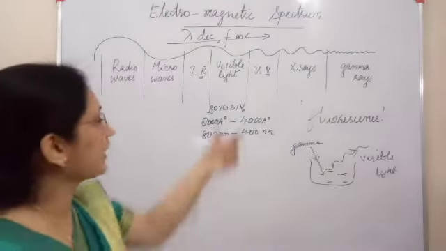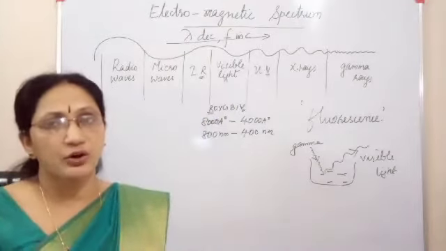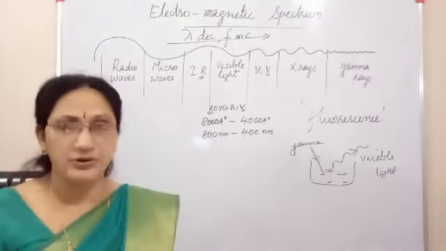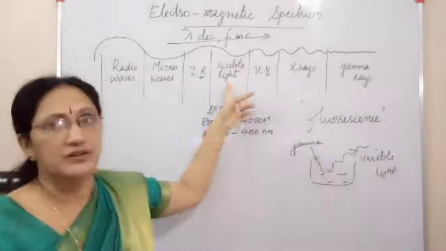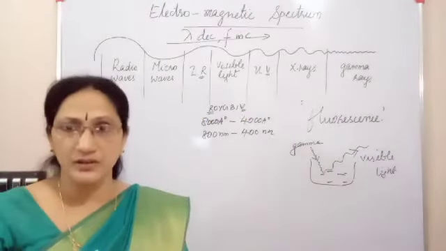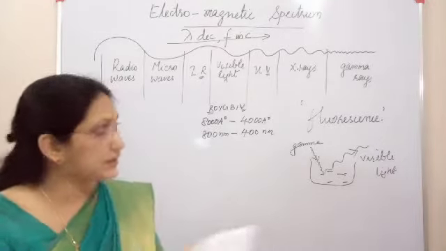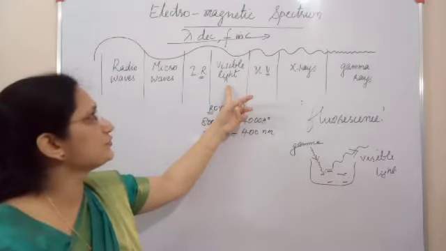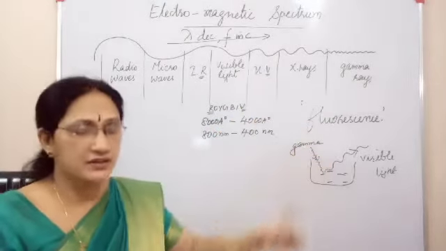Then comes visible light. You know, it helps us to see the objects. It is used in photosynthesis, and its source is hot objects. In your textbook, by mistake, it is written not objects. It is hot, H-O-T, hot objects. So the sun is the main source of visible light. Ultraviolet also is produced by the sun.